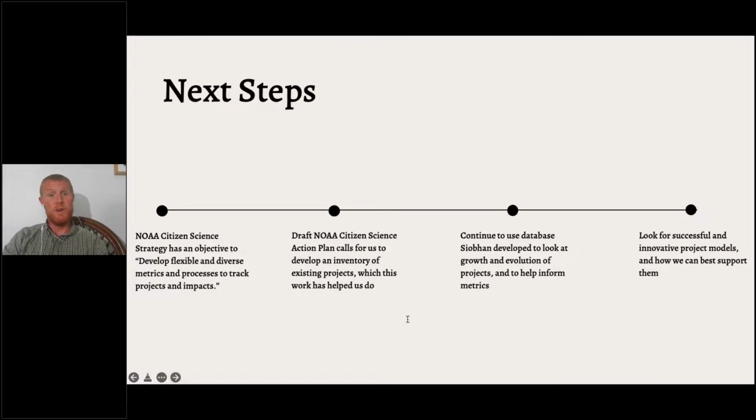going through final approval. But this action plan breaks down sets of actions that we can take to accomplish the objectives within the strategy. And under the objective to create metrics, one of the first steps we have in our current draft of the action plan is to develop an inventory of existing projects. And that's exactly what Siobhan's project here has been helping us do, and Casey's earlier work helped us to do in a major way. And we fully intend to continue to